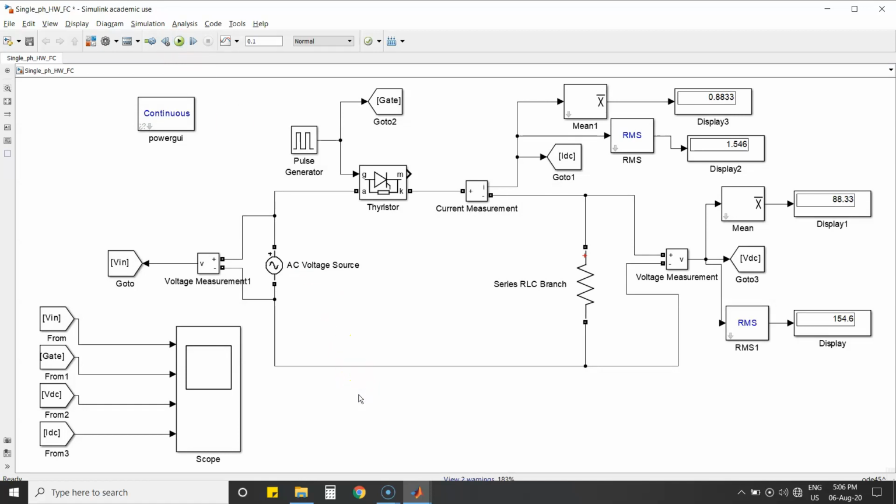Try on your own and complete the exercise, and submit the record with the simulation output and block diagram. If you have any query, kindly contact me through WhatsApp. We will have a Google Meet to discuss the doubt or clarification. I will upload the working of the single phase half wave controlled rectifier with the help of PSIM. I'll upload that video also.